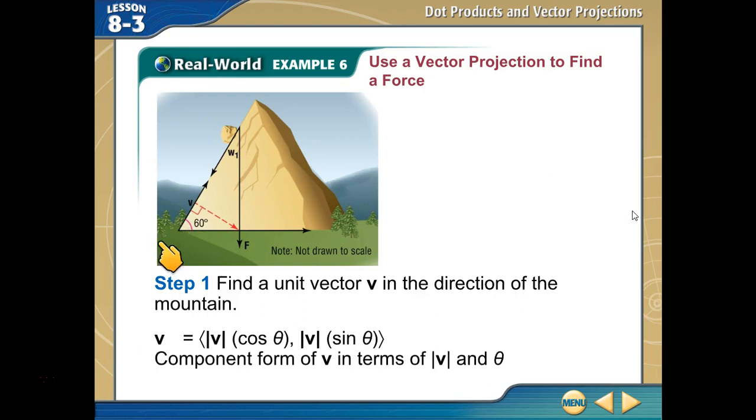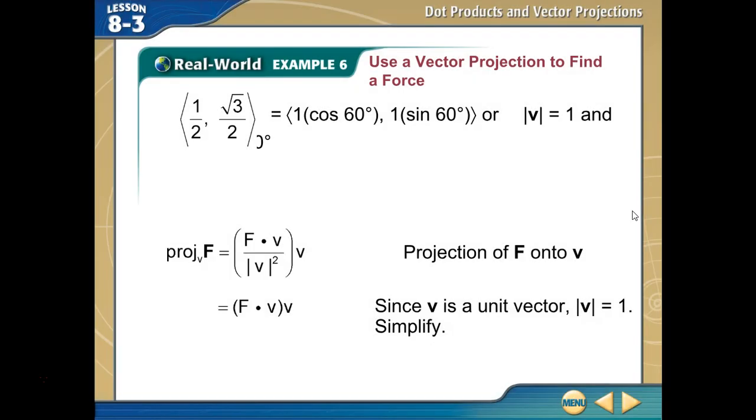So they want to know what this is going up as a unit vector, again a magnitude of 1, and then we're going to scale that by the projection, the thing that's going down the hill. To figure out the unit vector, we take our magnitude of v, and then our sine and cosine values, and add them together. So we have our unit vector, where I have my values of 1 and 1. I want that to be the magnitude, so cosine and sine, and that's going to give me my unit vector